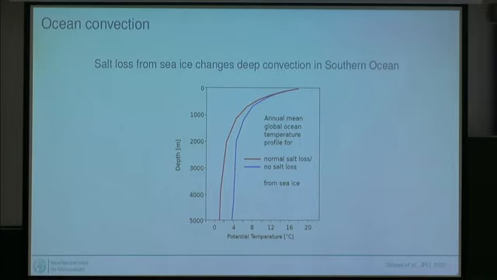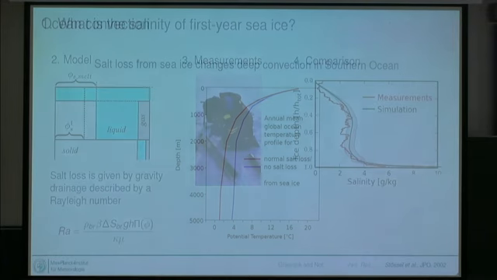And that is because in the Southern Ocean, we no longer get deep convection bringing down cold water from the surface. And so the entire ocean of the world warms up if we don't have salt release from sea ice. And so we need salt release from sea ice, in particular in the Southern Ocean, to get anywhere near a roughly right global ocean temperature profile. The question then, of course, arises how realistically that salt release must be parameterized in our models.